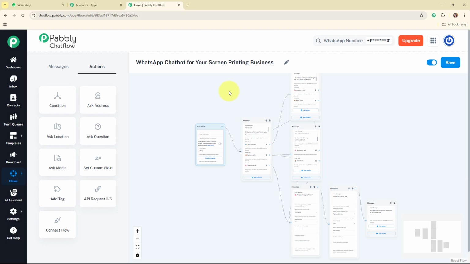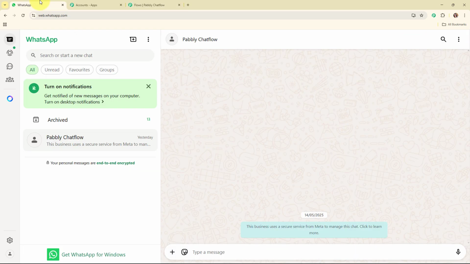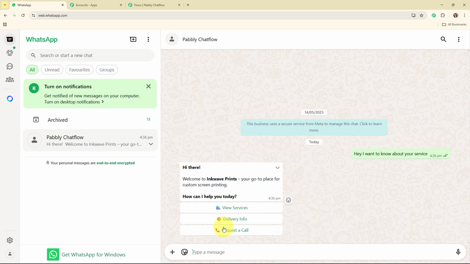And now firstly, we are going to see the working of this amazing chatbot that I've already created by simply sending a WhatsApp message to my WhatsApp chat. So for that, let me take you to my WhatsApp. So this is my WhatsApp account and this is my WhatsApp number that I've already connected with my Pabbly Chat Flow account. So let's suppose that we are going to drop the text as, "Hey, I want to know about your service." And here you can see the message that we have received that says, "Hi there, welcome to Incwave